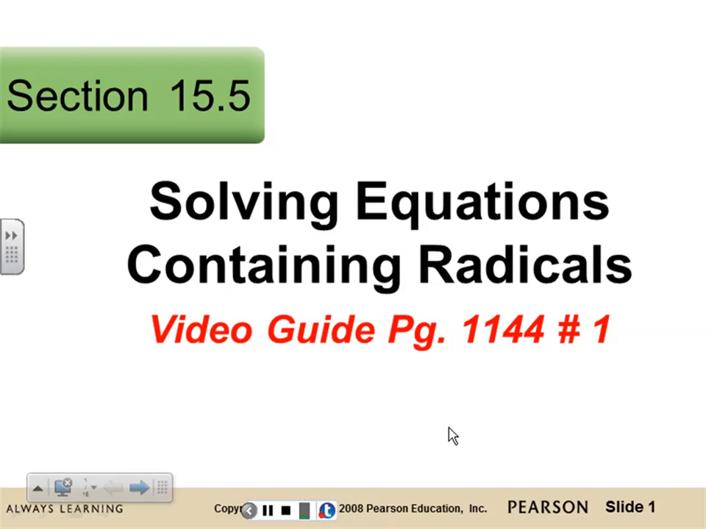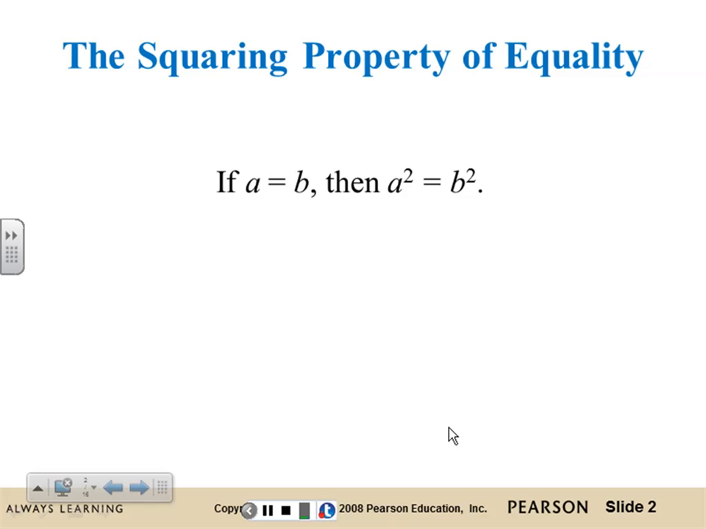Solving equations containing radicals. The squaring property of equality states that if a equals b, then a squared is equal to b squared. And we're going to use this property. Basically, it's saying if you square one side of the equation, you've got to square the other side. And that goes hand in hand with solving equations. You know that anything you do to one side, you've got to do to the other side of the